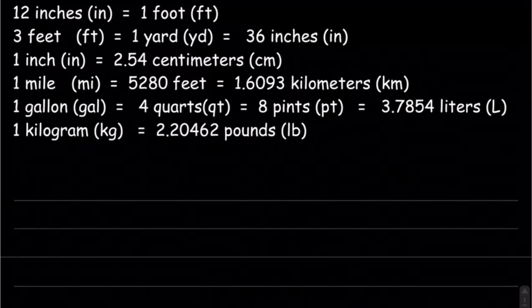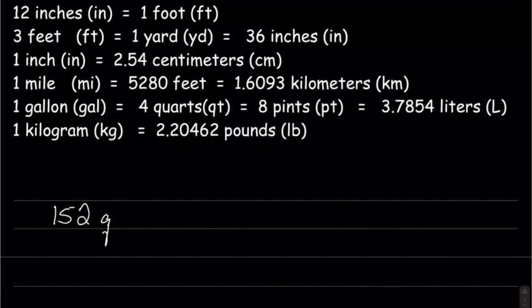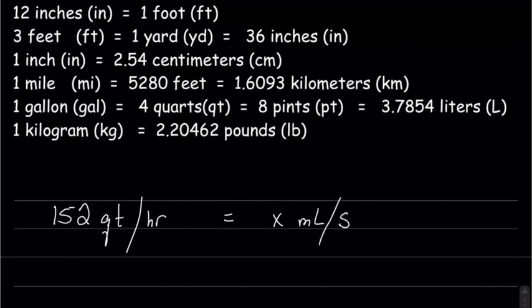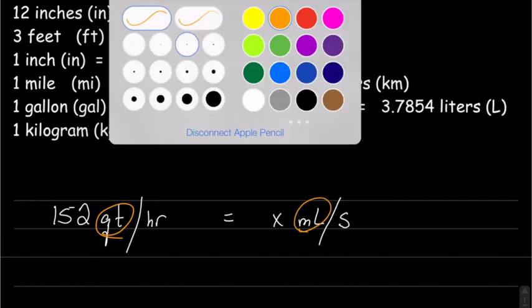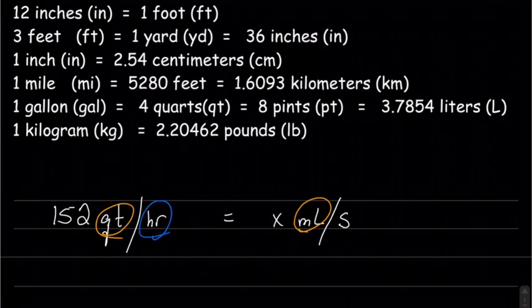All right, let's try a problem that's a little trickier. All right, let's say I have, I don't know, an incredibly leaky faucet. And I measure that I am losing 152 quarts of water every hour. And I'm wondering what that is in milliliters per second. Okay, so we now have to convert, if you look, two different units. We have to go from quarts, a volume unit, to milliliters, a volume unit, and from hours, a time unit,